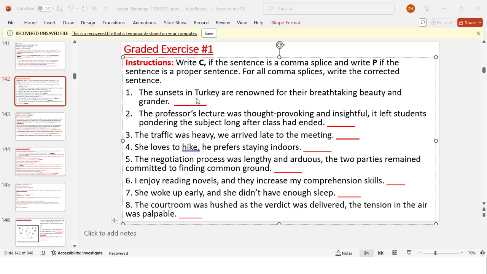So would it be okay if I just underline the thing I changed? What do you mean? As in, if I put "but" in between... Yeah, that's fine. That's fine. Okay, I understand. I was a little confused.